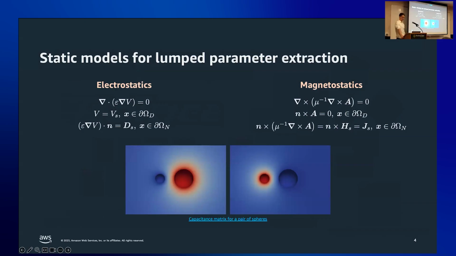So Palace is made up of 5 core solvers, the first 2 of which are the static solvers, so electrostatics and magnetostatics. As the name suggests, these are classified as solutions to Maxwell's equations with no time derivative. The first is no moving charge, electrostatics, and the second is charges moving at constant velocity, so magnetostatics or direct current. The electrostatic solver solves a weighted Poisson's equation for the scalar electrostatic potential phi using H1 finite elements, from which we can compute an electric field as the gradient, and we can also compute capacitance matrices between various terminals